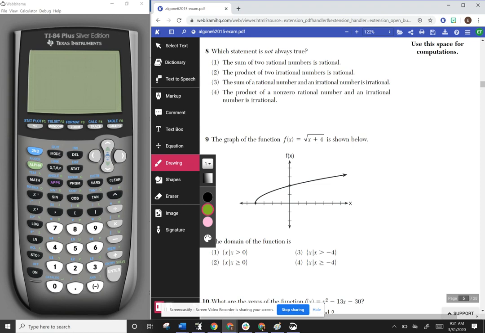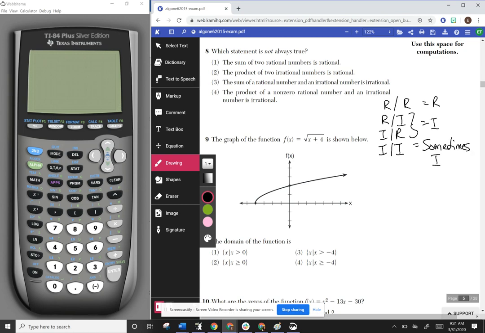So here, it's going to be helpful to know the rules when we're adding and subtracting rational and irrational numbers. Basically, the rules for both are going to be the same. So if you have rational and rational, it's going to be rational. Rational and irrational, or irrational and rational, are both going to be irrational. The only one that is not always the same is going to be irrational and irrational, and this is just going to be sometimes